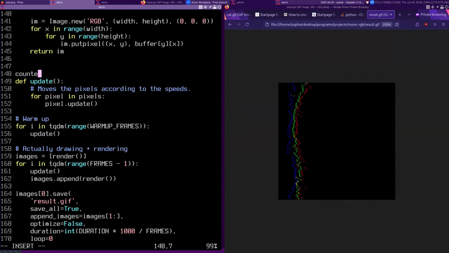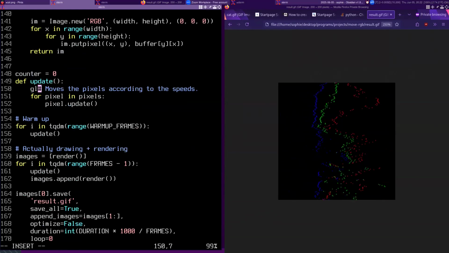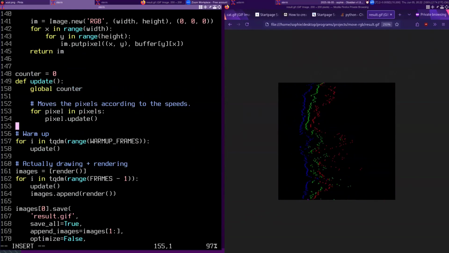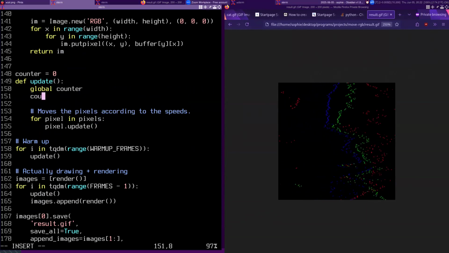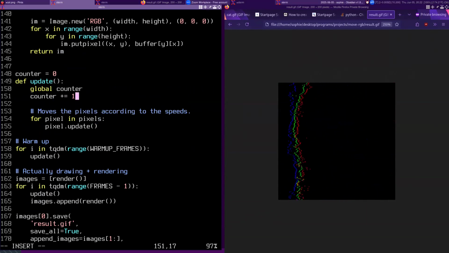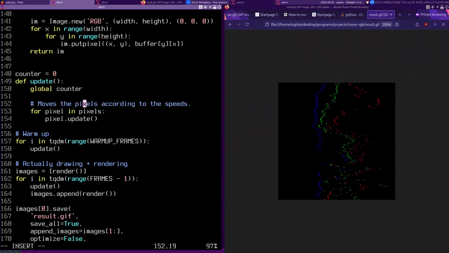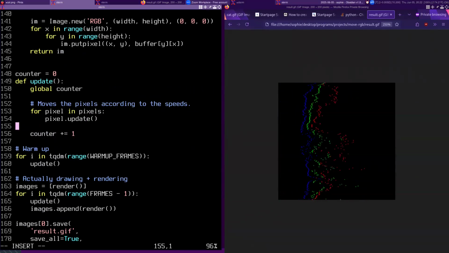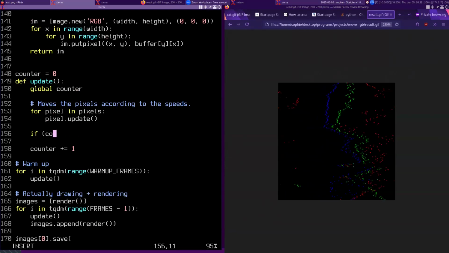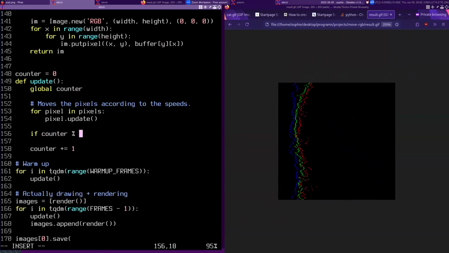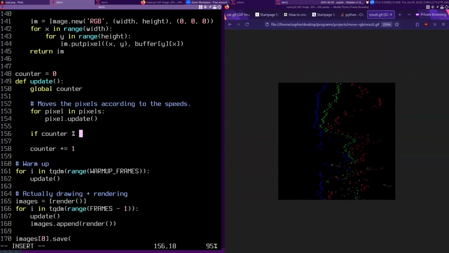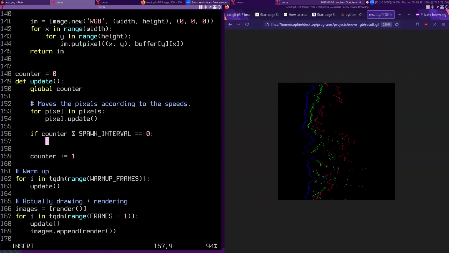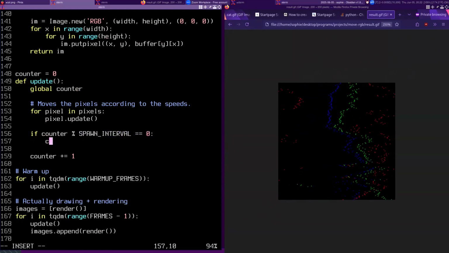Let's do a counter. I don't like that. We'll do this afterwards. If counter mod spawn interval equals 0, then we'll say